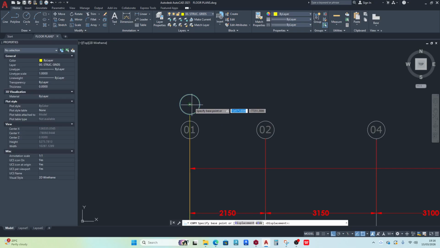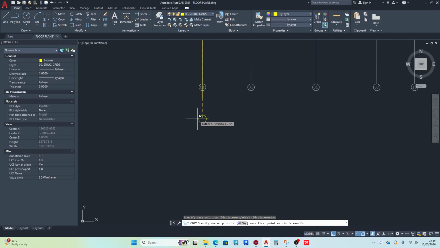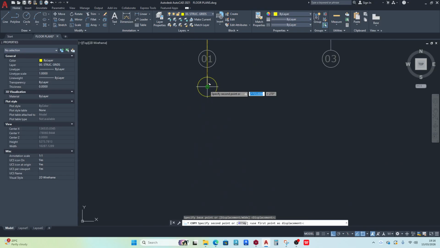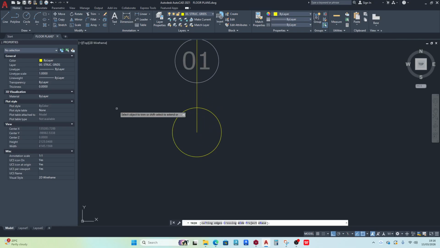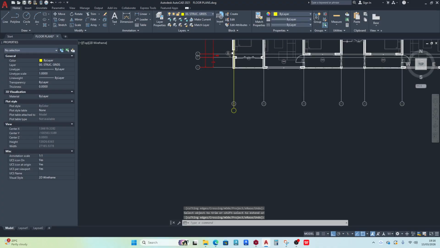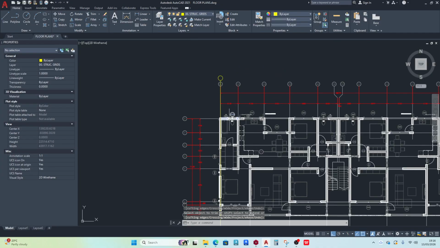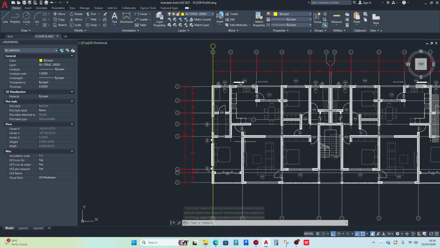When you hover over the circumference, it gives you the center, and then you can place it over there. Okay, and then you can trim like that. Okay, so from here to here,